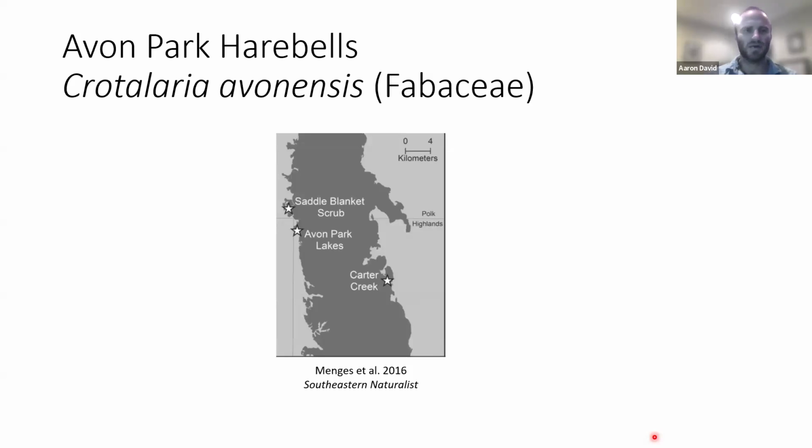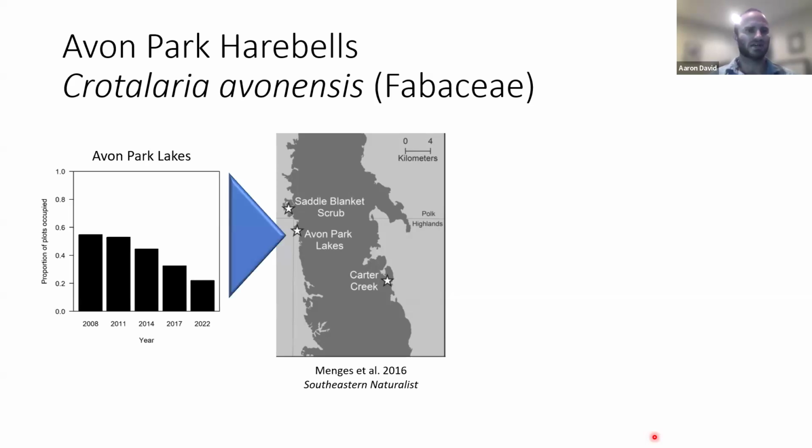In addition, two of these three populations are protected. One of them over at Avon Park Lakes is an unprotected population that has been declining over the last 2 decades. We were out there pretty recently, and it's doing even worse than this figure, which was from 2022. And time is really running out to rescue the plants in this population. And unfortunately, even though these other two are protected, one of them isn't even totally protected.